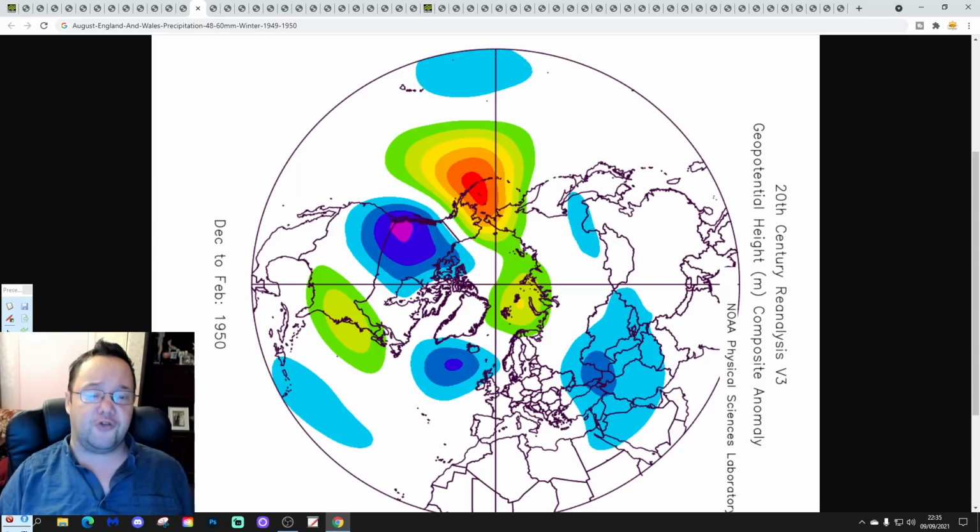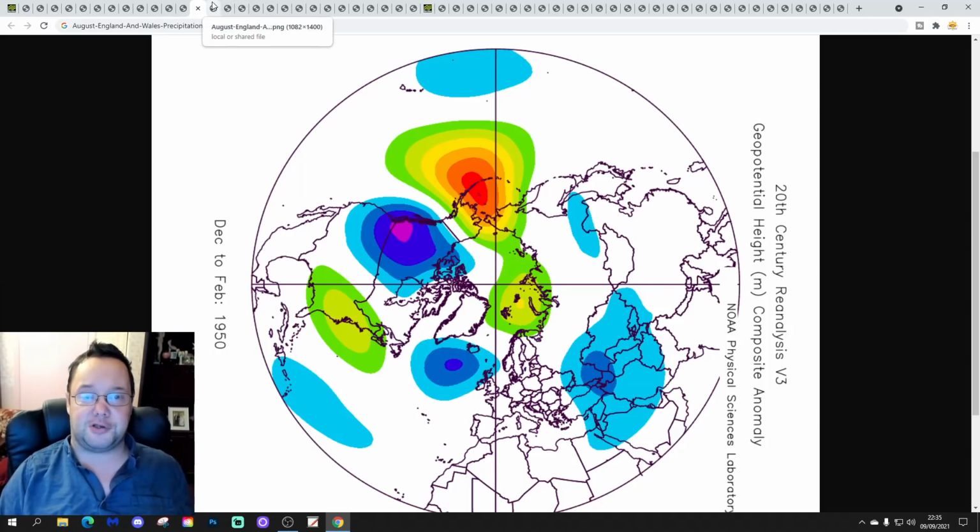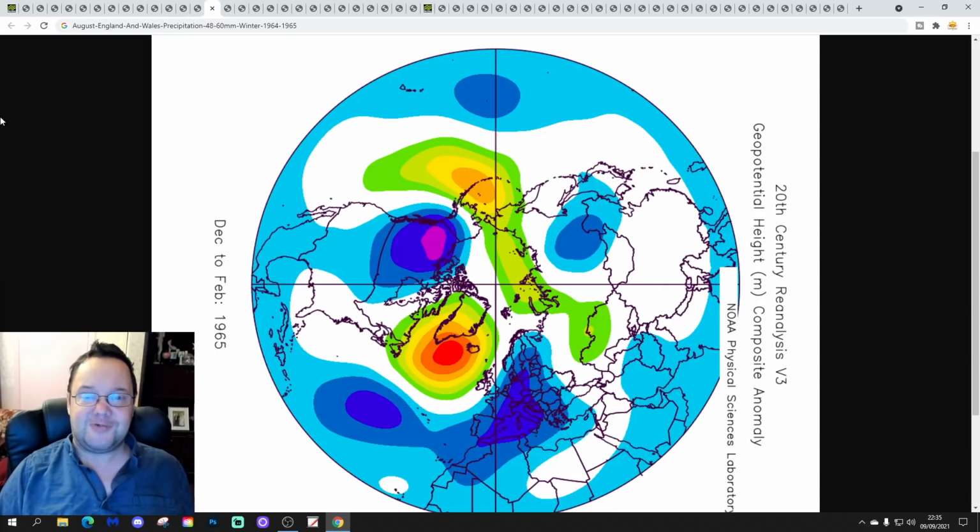And we've got 1949-1950. This one is just generally mild, wet and windy with low pressure in off the Atlantic. So nothing doing there from a cold perspective. We've got 1964-1965. This is quite a cold winter, especially later on. Has above average heights in the Atlantic up towards Greenland, below average heights to our east and south. And winds tend to be coming in from the northeast.